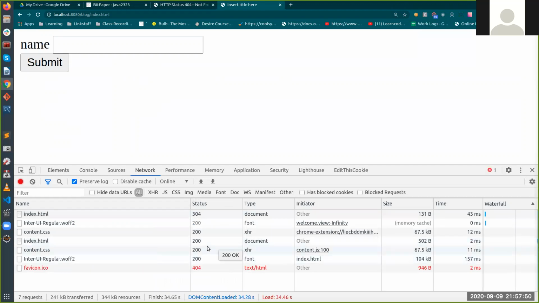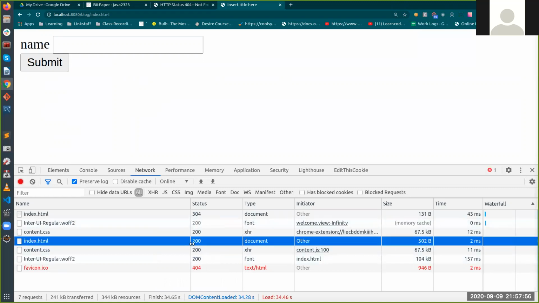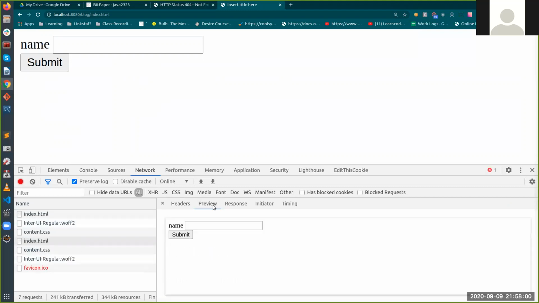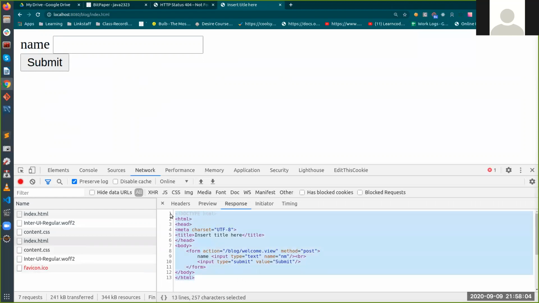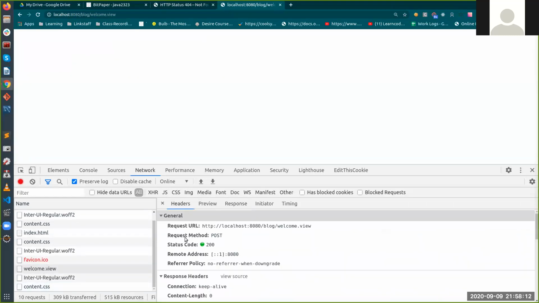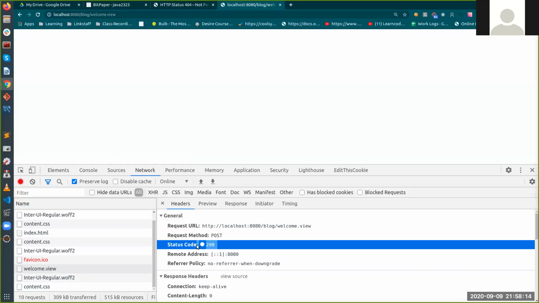But now you see the index.html is 200 because I removed the cache, and now it is not going to take it from the local cache. So now it's 200, meaning this index.html is brought from the server, and you will get the HTML code in the form of a web page, right? So now you submit some data, submit, see, welcome.view is being called, and see the type of the request, post, status code is 200, meaning it is a successful request.